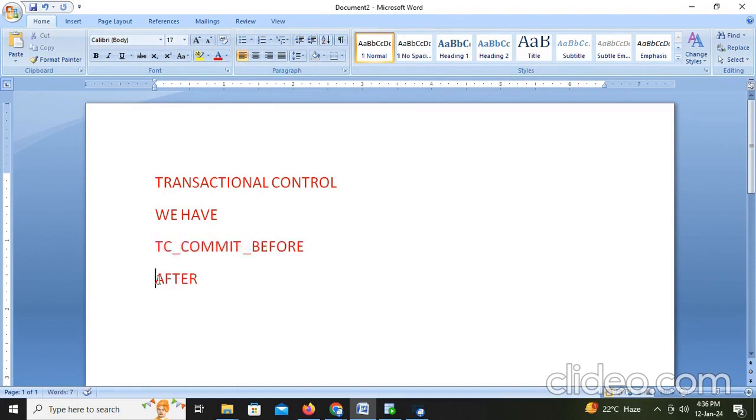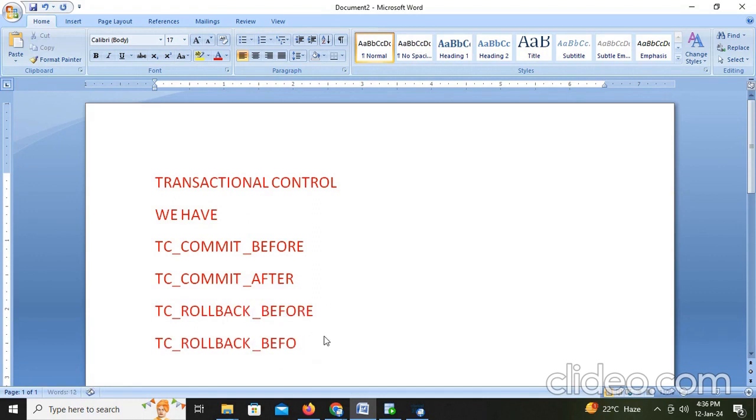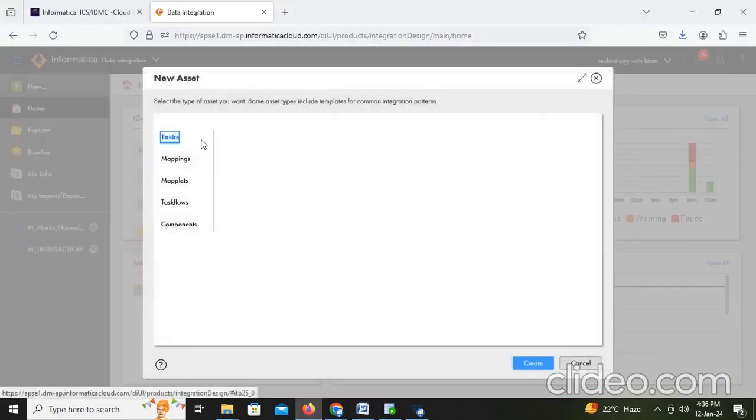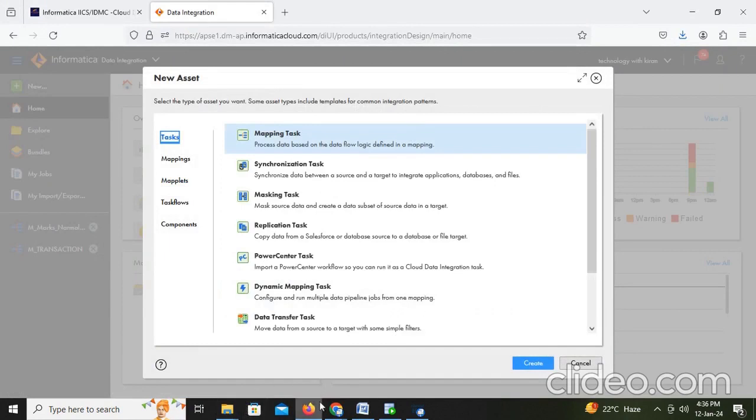TC rollback before and TC rollback after and TC continue. So there are five types we are having. Like that, we have to map this: TC commit before, TC commit after, TC rollback before, TC rollback after, TC continue. Here I want to create a flat file